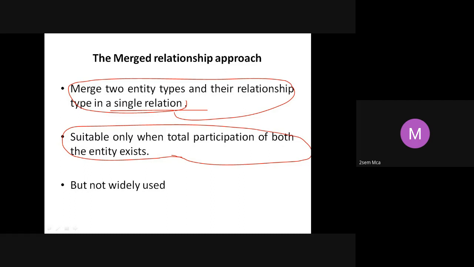So it is generally not widely used unless you have total participation on both the sides. If you have one side partial, one side total, you have to include the primary key as a foreign key. If you have both the sides as total participation, then create a table for that.